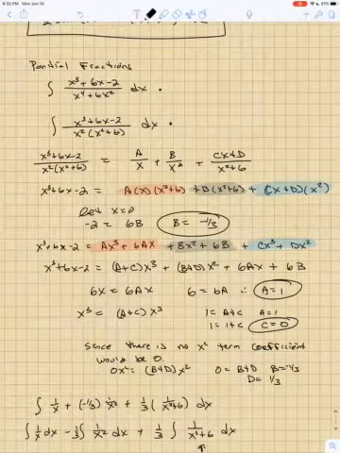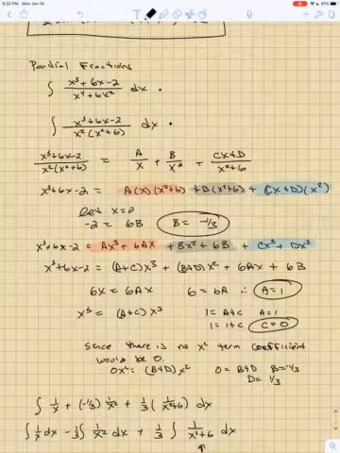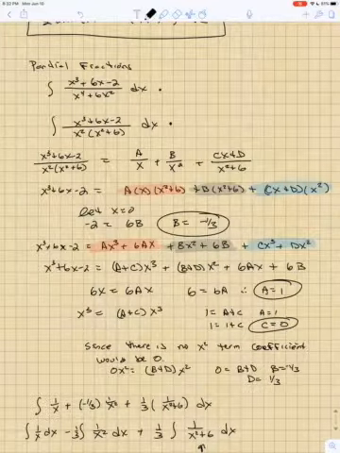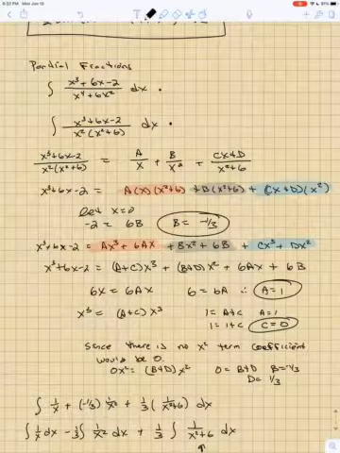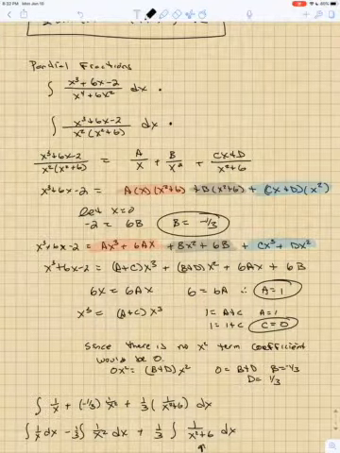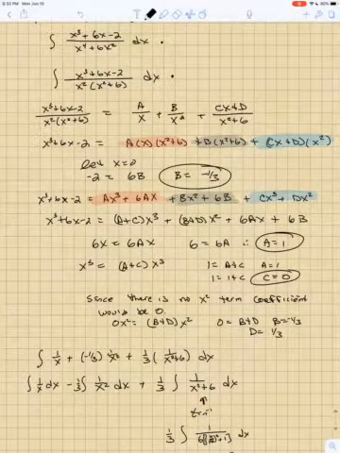I set up my partial fractions. So A over x, B over x squared. Remember, since it repeats, I have to have one and then a second one. A over x, then B over x squared. It's irreducible, x squared plus 6, so it's Cx plus D all over x squared plus 6. I multiply through by the LCD, which is x squared times x squared plus 6,